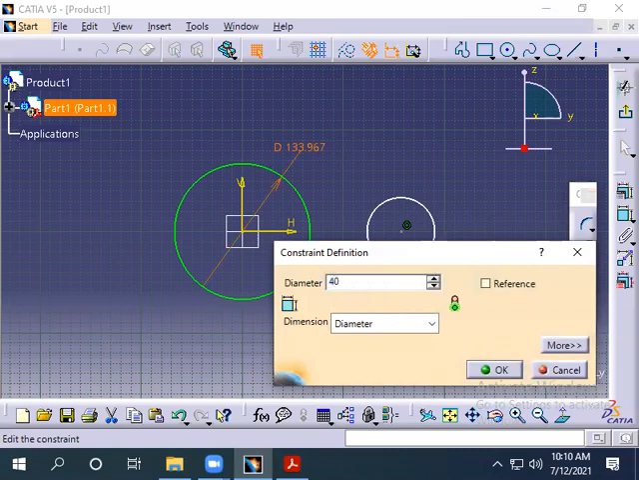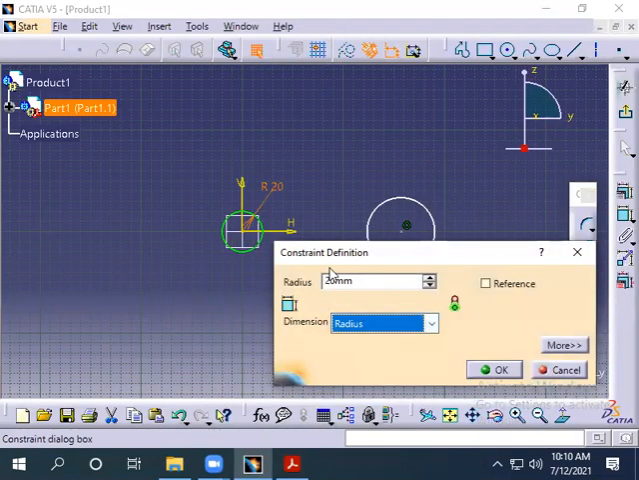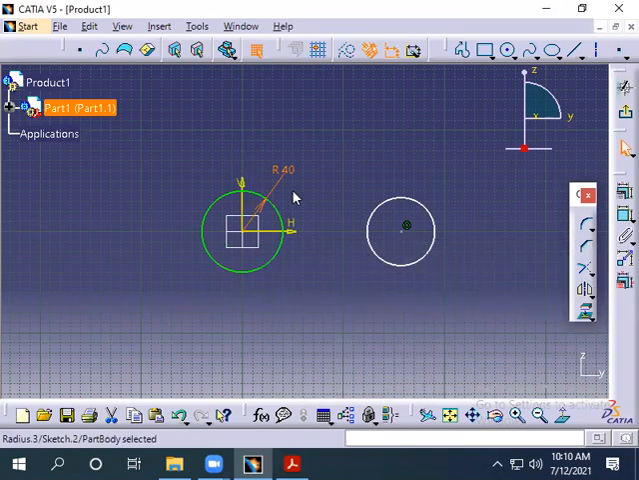40, right? Don't remember it. 40 radius, was it diameter? 40 radius, right? So you say 40. You can either specify radius or diameter, right? Radius 40, okay, you say. Now you see it has changed the dimension,